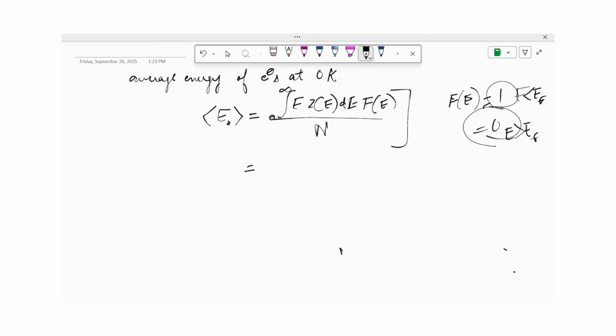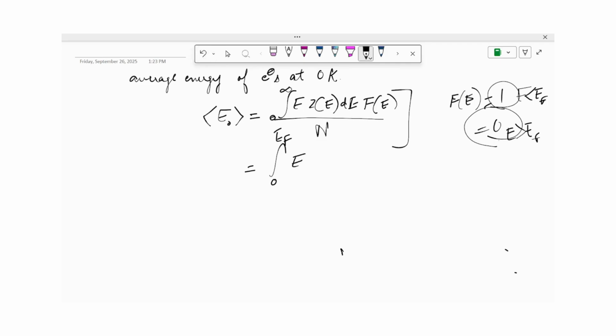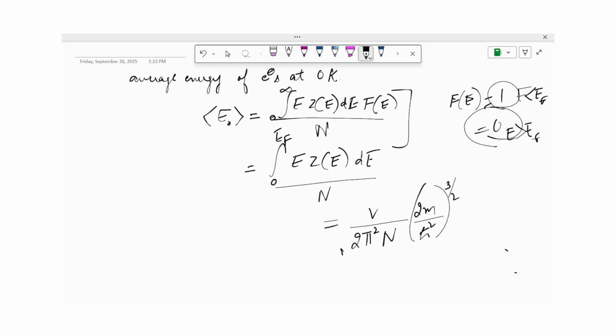So we will skip one step and simply write it from 0 to EF, E Z(E) dE over N. And putting the value of Z in terms of E and taking the constant outside, we will get V over 2 pi square N, 2m over h cut square to the power 3 by 2, and Z has the dependence on E as a square root, and here is E, so the total dependence on E will be 3 by 2, from 0 to EF